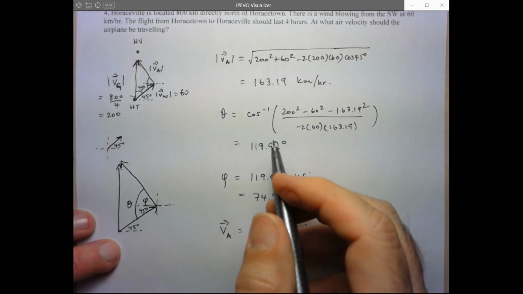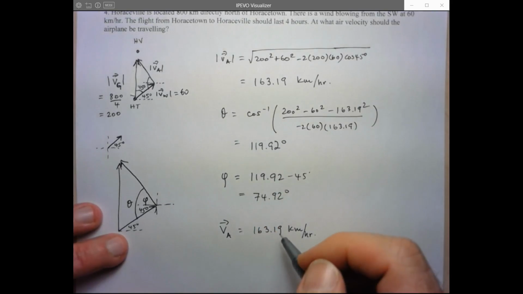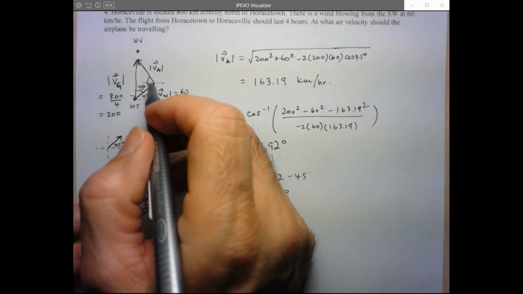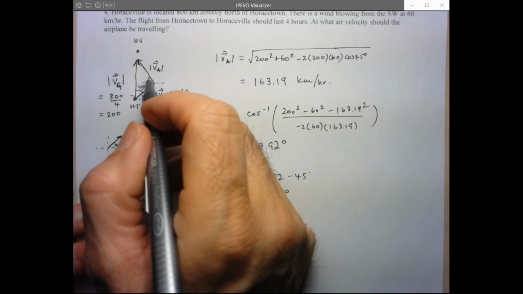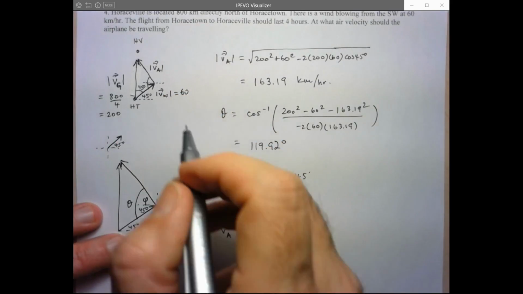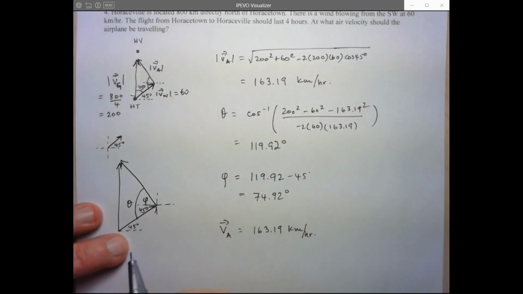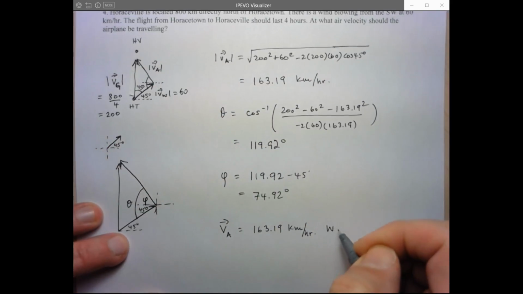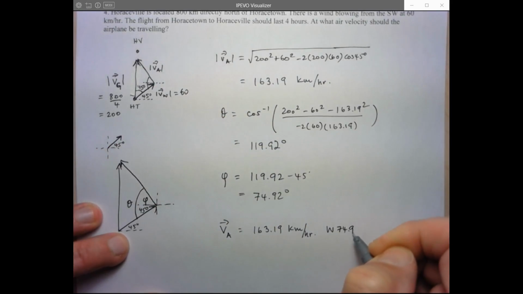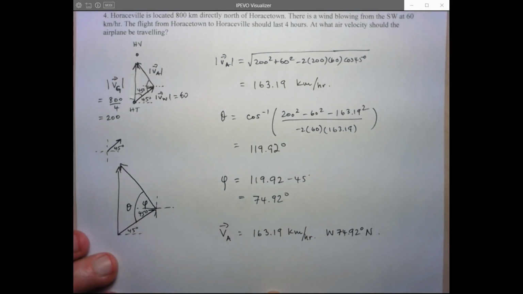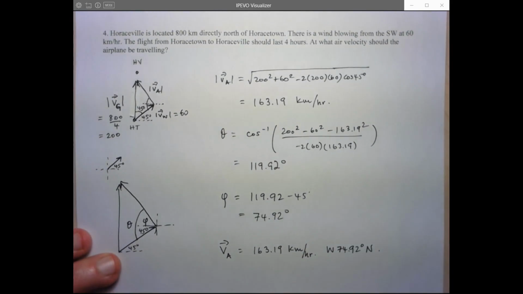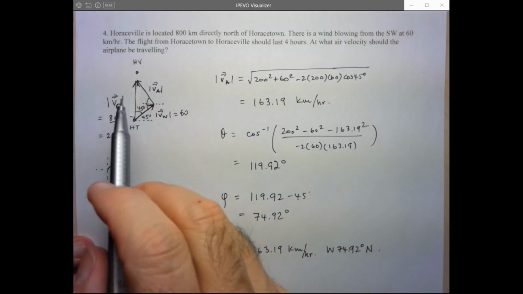And for the direction, we're going to use this angle here. So we're going to say west 74.92 degrees north. Okay, so again, just to recap this one really quickly, the important thing here was to understand